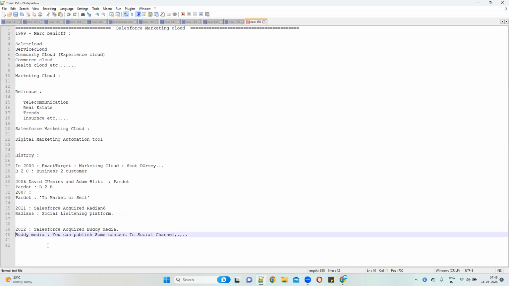Now, ExactTarget started in 2000, correct? In the meanwhile, Pardot also had a good demand in the market. They started business with business to business.